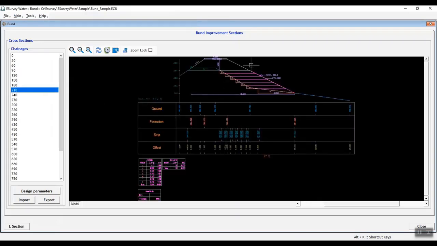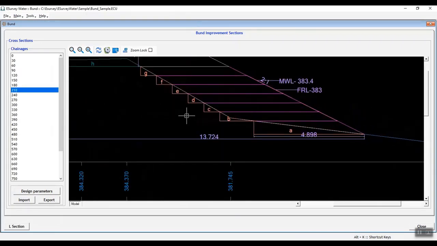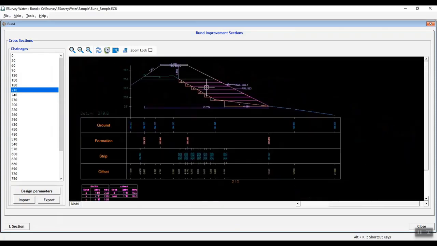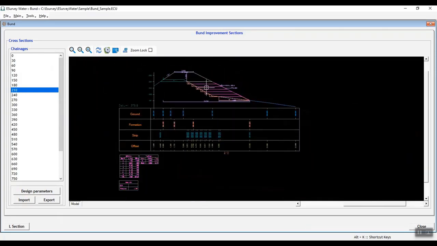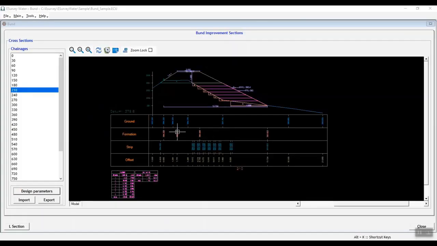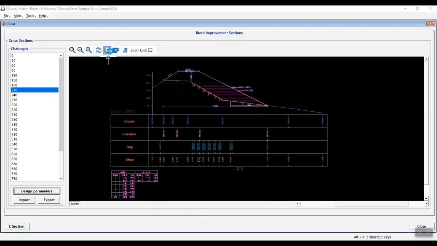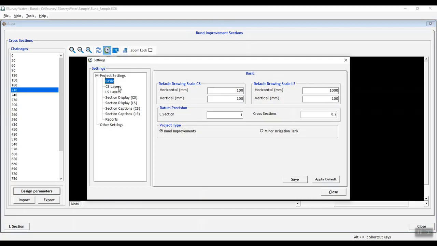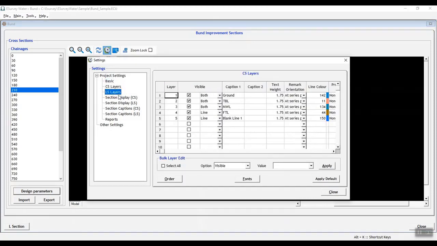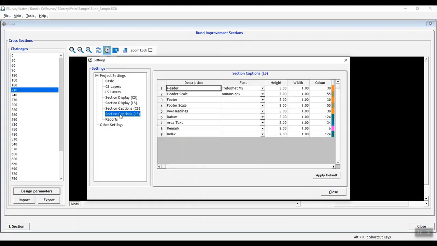It dramatically helps to generate cross-sections depicting the revetment of stone pitching. You can create multiple templates in case of a new minor irrigation tank just by changing the standard variables in the settings and applying the templates based on the bund's height or generating volume reports for various layers. You can automatically adjust the scale as required and create hurting, toe wall for revetment, toe drain, cut-off trench, and sand blanket.